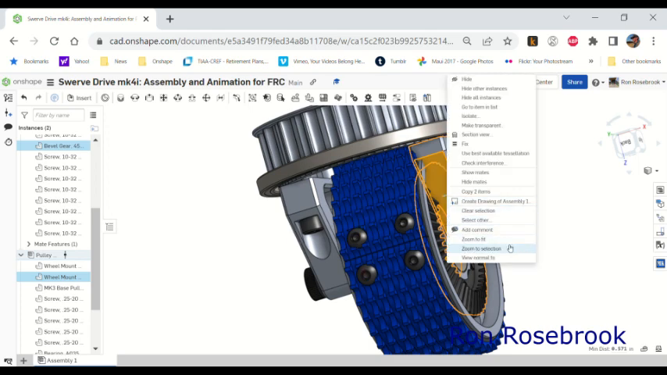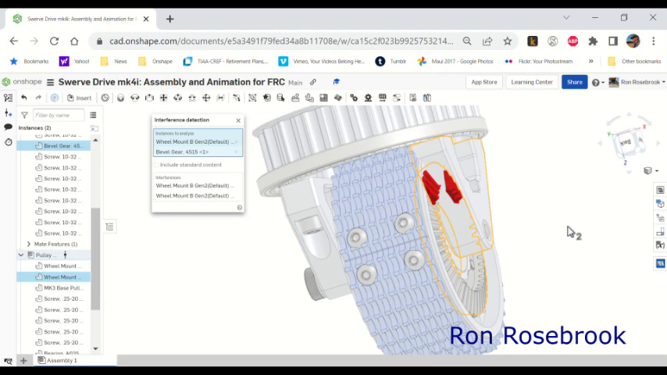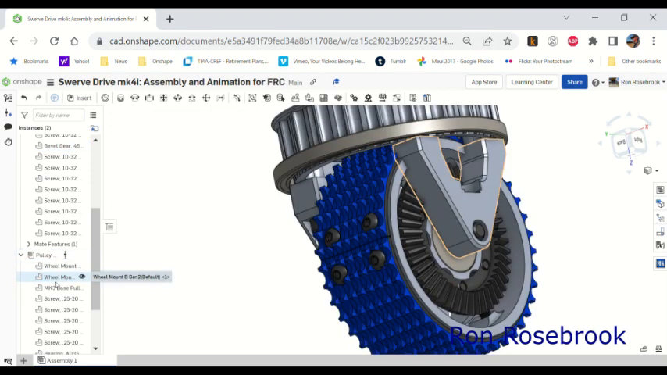The first thing I'm going to do is show you here, check interference. Okay, now you can see, if you couldn't see before, where the interference is occurring. And it's the motor mount and the bevel gear. So we have to move the motor mount and the bearing apart. So we're going to close this off, and we are going to go